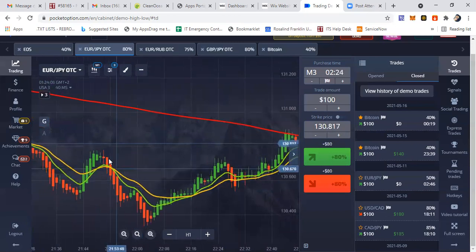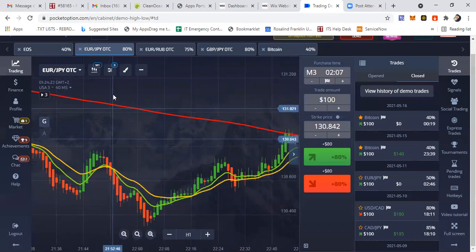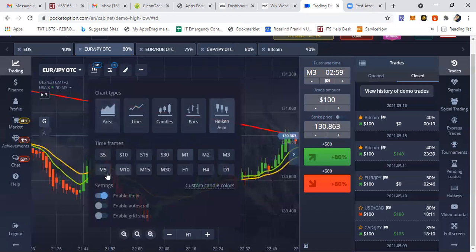Okay, boom, perfect. Crossover happened here. 10 period moving average cross below the 20. Flat top. One, two, three. Close the trade, right? And these trades are all being taken on the 1 minute chart with a 3 minute time frame. Now let's jump over to the 5 minute time frame because you're like, oh, does this just